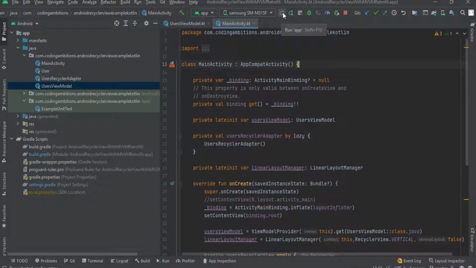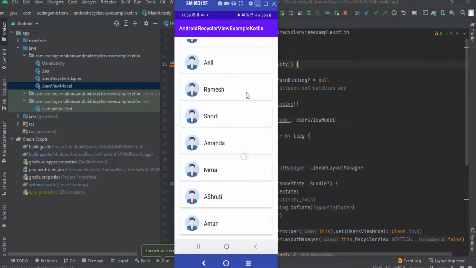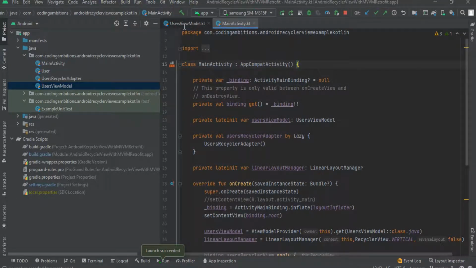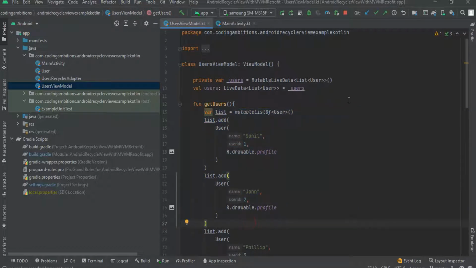So let me run that app and you will see the output. So this is the app. Now we are just displaying this list of users from our local view model. We have just created a list and displayed that list, but now we will fetch this list from